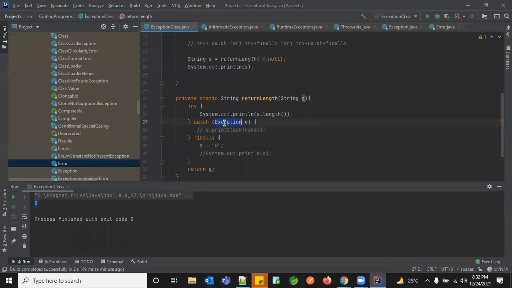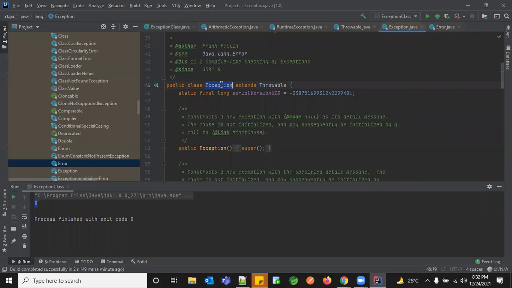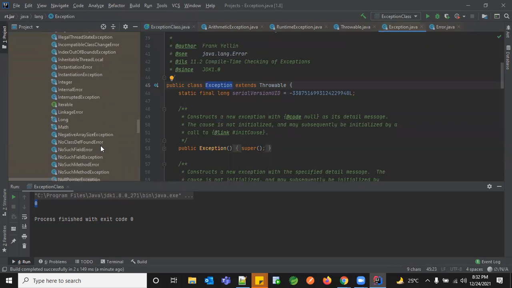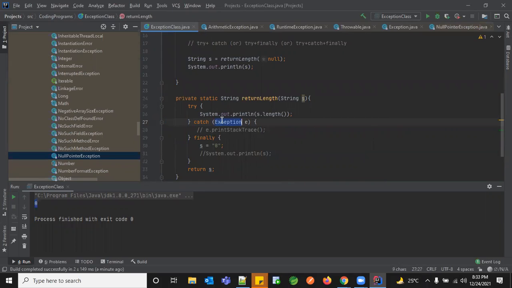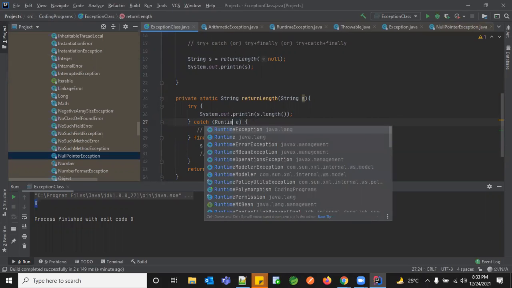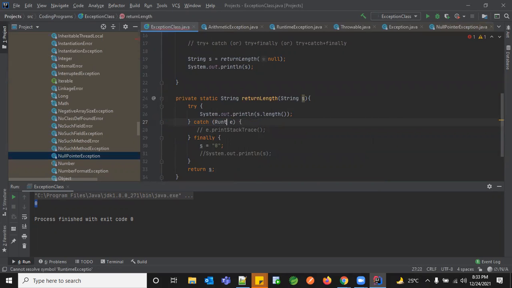Okay. So now, you know, this is a null pointer exception, but why should I use my top class exception here? This is my parent class, right? I should be having my child class, null pointer exception, right? I have my null pointer exception here. So if you're pretty sure that you're going to get this type of exception in this scenario, I would always say to use the relevant exception there. Or if you are sure you're going to get a null pointer exception, just go ahead with null pointer exception.